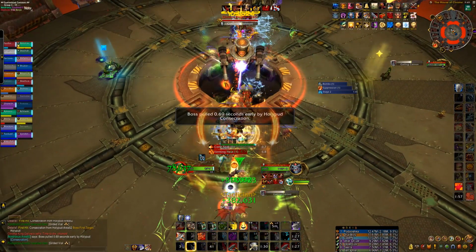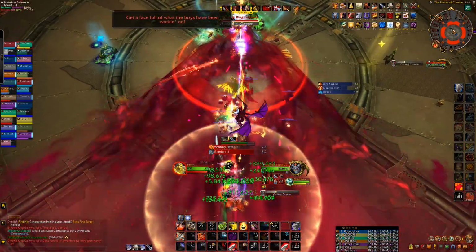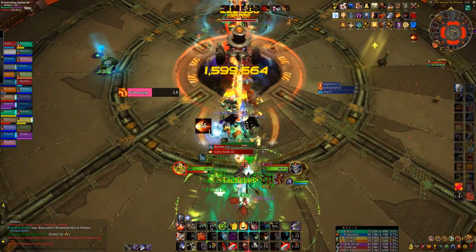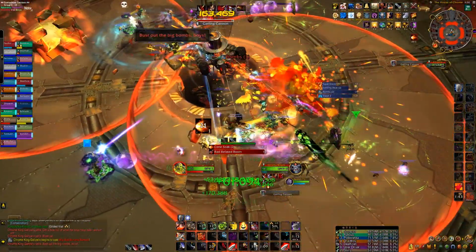I'm picking up improved sweeping strikes, which you could arguably swap out for cleave if you wanted to, but I'll explain in a bit why we're taking improved sweeping strikes and what I opted for. But anyway, on the pull here, we're going to go in, use all of our CDs, and that first mechanic